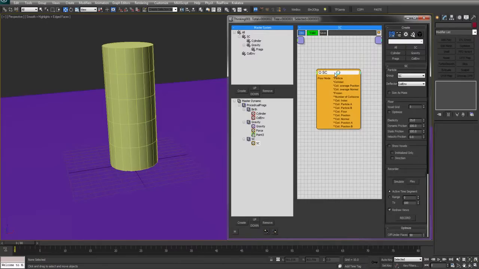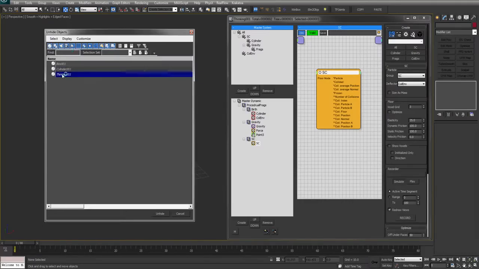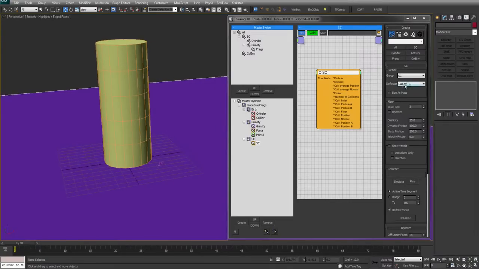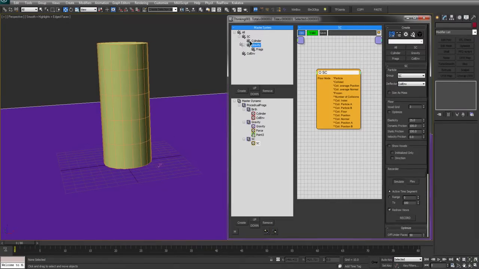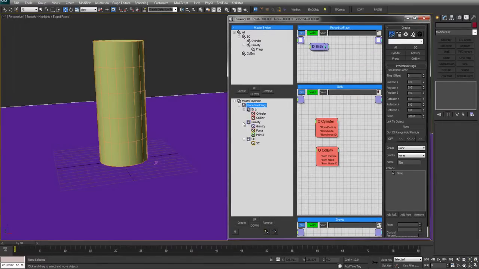Okay, cool. So, oh yeah, hide these again. Unhide thinking. Alright, so we've got ground, gravity. Let me just throw in the cylinder here just to see. Well, it's not moving because nothing's happening. So, okay, now we need